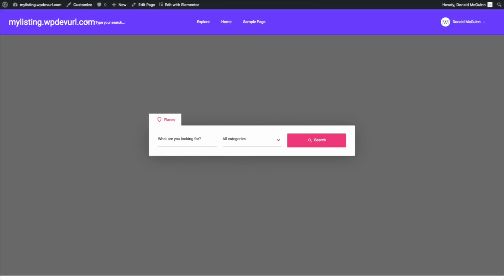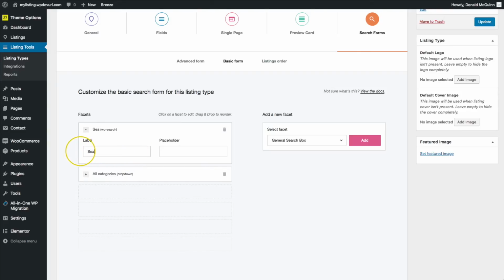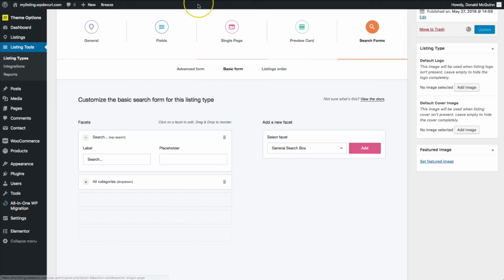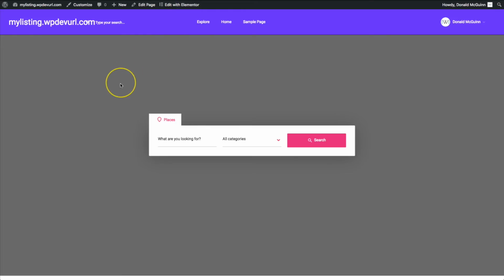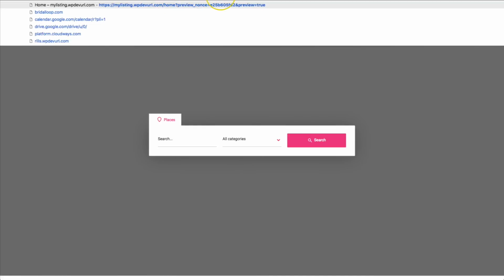What are you looking for in all categories? We can change those up here if you want. So search, we can make that like this, click update, and then from there we can refresh, and you'll see that it changes it right here. On the explore page, we can click on that, and you'll see that we have the section